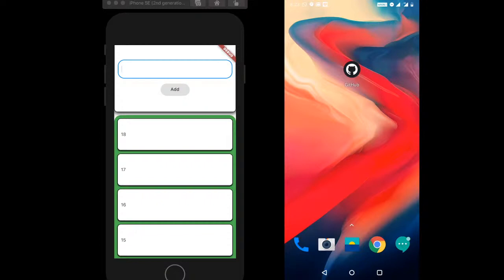Looks like it's going to take some bit of time to actually do the Android build.